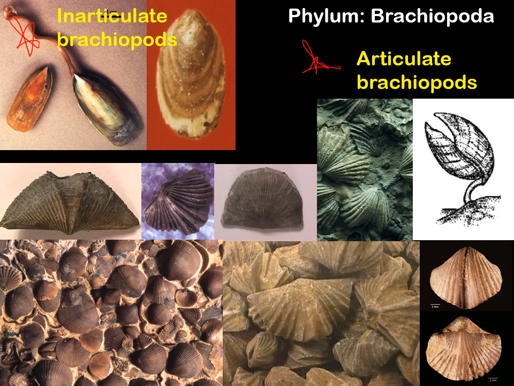Inarticulates have been around since at least the Cambrian. Articulates came around in the later Cambrian, early Ordovician. They become really, really abundant and dominant. Most of them go extinct. Today, we still have inarticulates. In fact, the two images you're looking at of the inarticulate brachiopods are living ones, and they really haven't changed much in 550 million years. The other brachiopods take on a wide variety of shapes and sizes, and we'll talk more